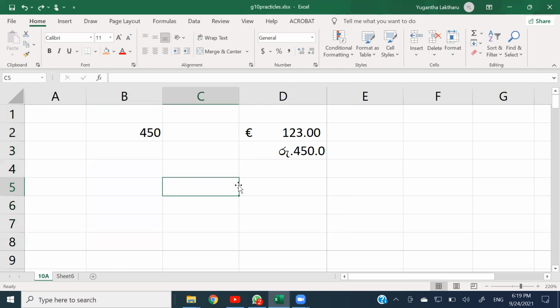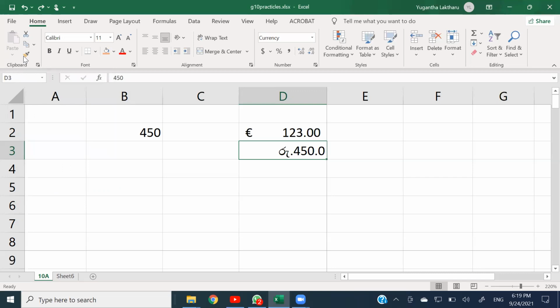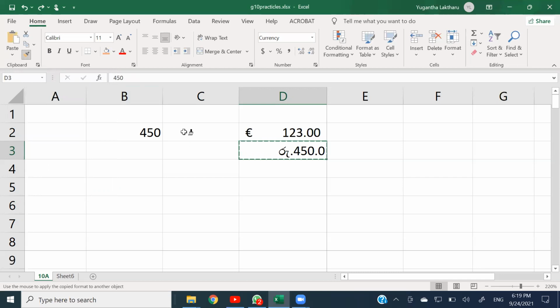So what I'm going to do is, before I choose the cell range, I'm going to choose the cell where my desired formatting has already been applied. So my desired formatting is here. This is what I want. Then I'm going to click on this format painter. I think you can remember the format painter, which we discussed when we were covering word processing software. So you can click on that. Your mouse pointer is going to change, adding a new icon, a paintbrush. Now you can click